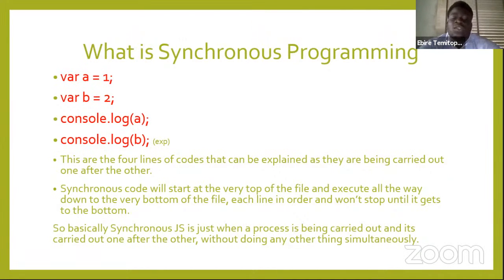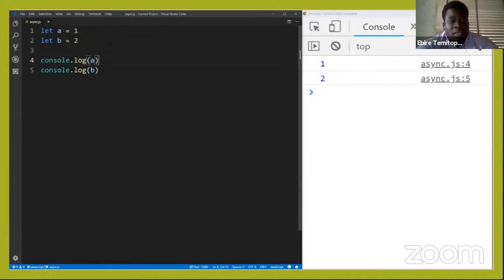As I say, synchronous code will start at the very top of the file and will execute all the way down to the very bottom of the file, each line in order, and won't stop until it gets to the bottom. Basically, synchronous JavaScript is just when a process is carried out one after the other without doing any other thing simultaneously. So, moving forward,